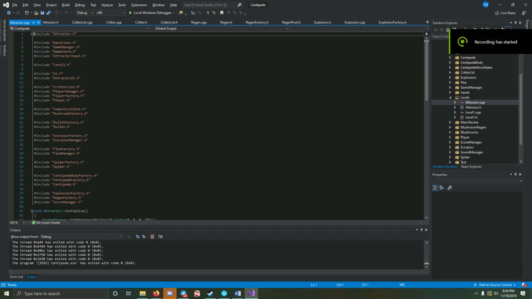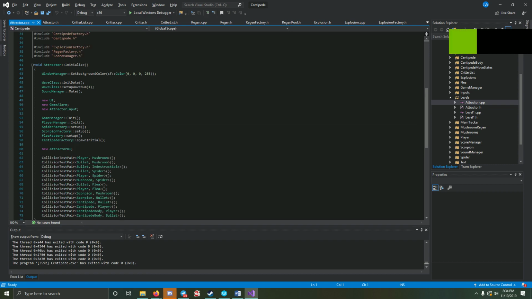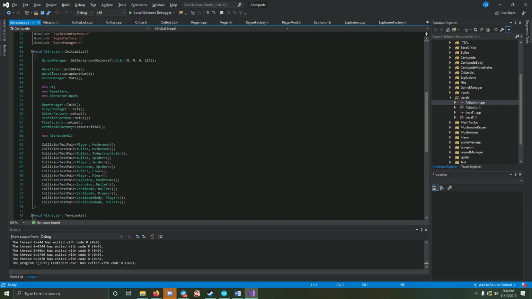Now that we've talked about all of that stuff, we can move on to the attractor itself. So this is the scene that loads up, that first scene that the players see. We have the wave class initialize all data, we set up the wave appropriately, and we mute the sound manager. We'll get into each of these in a little bit, but for now, just know that the functions do what